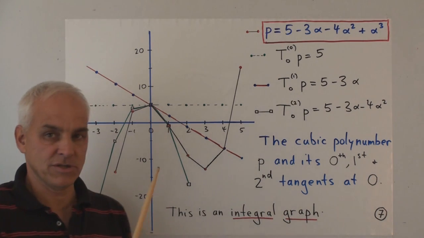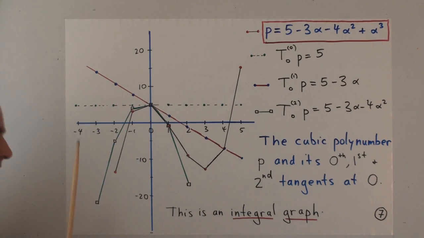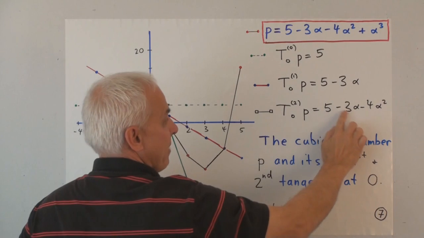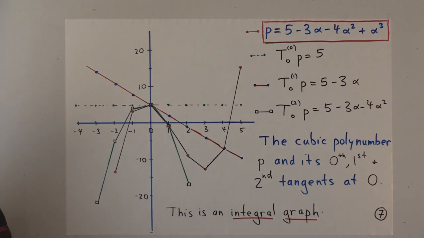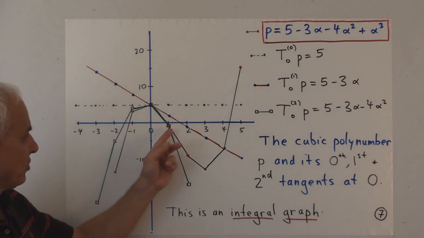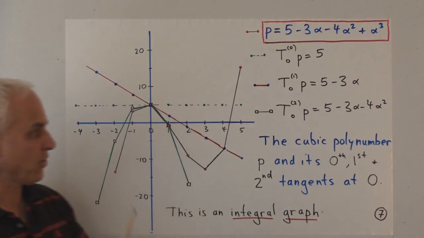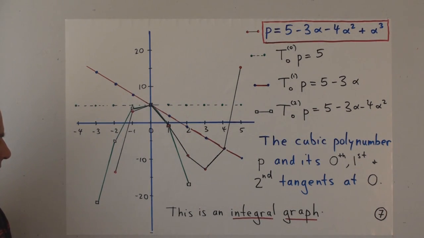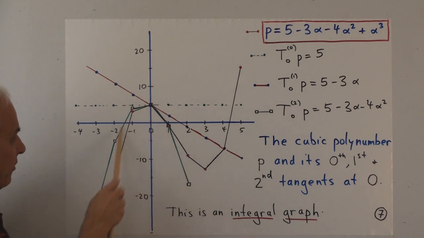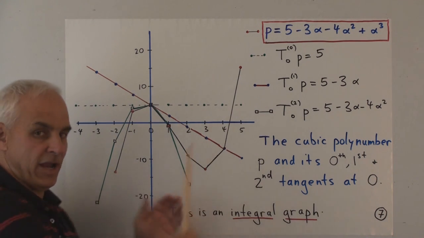The second tangent to the polynomial at 0 is what we get when we just drop that cubic term. So it's 5 minus 3 alpha minus 4 alpha squared. And we can plot that also for different values, minus 1, 0, minus 2, and so on. We can plug it into here and get the corresponding y-coordinate. And I've graphed them for you. So there's this point here, this one, this one, this one, this one, and this one. Those are the values that are graphable in the range that I've drawn.